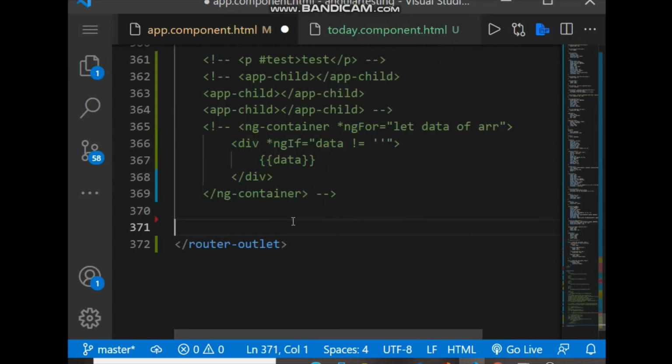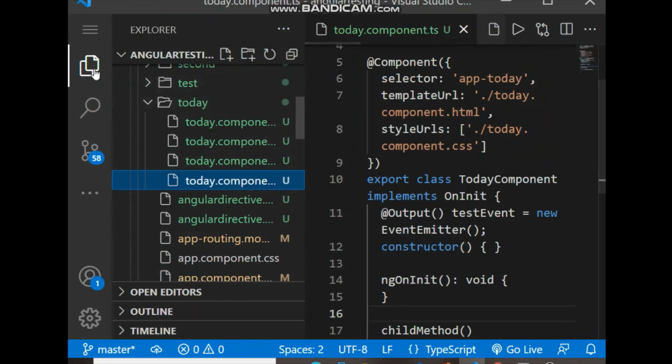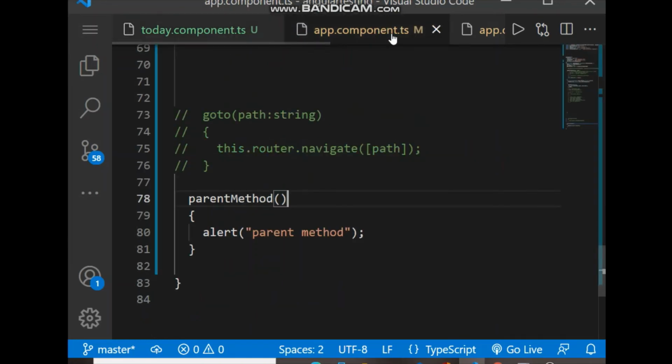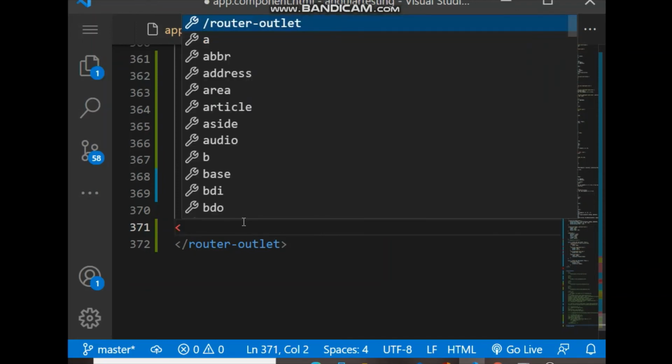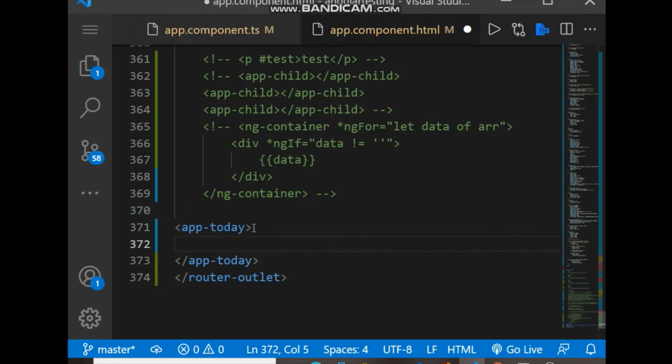Now add the child component tag here, app-today. So let's include app-today inside here. So this child component is added inside the parent component.